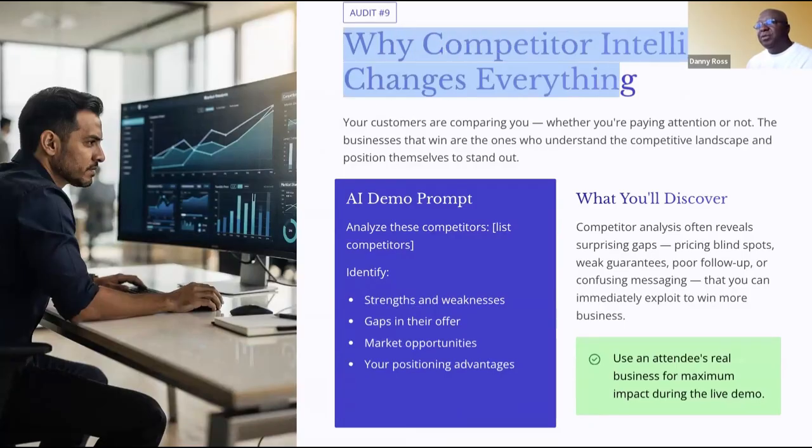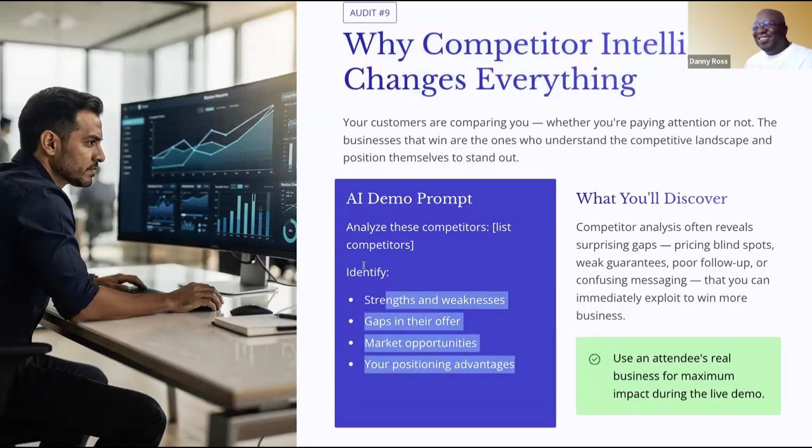All right. Audit number 9. This is the competition one. You can do business in a kind of blind way, or you can say, okay, I need to find my competitors, and then I need to look at what they're not doing, and then I fill in the gap. It's really simple when you think about it. But again, most of us don't take the 5-10 minutes it takes to do that step, and that'll help you build your website where you're answering questions that your competitors are not. If you're in any particular industry, any space, you want to be able to quickly find their SWOT, as you have your SWOT.